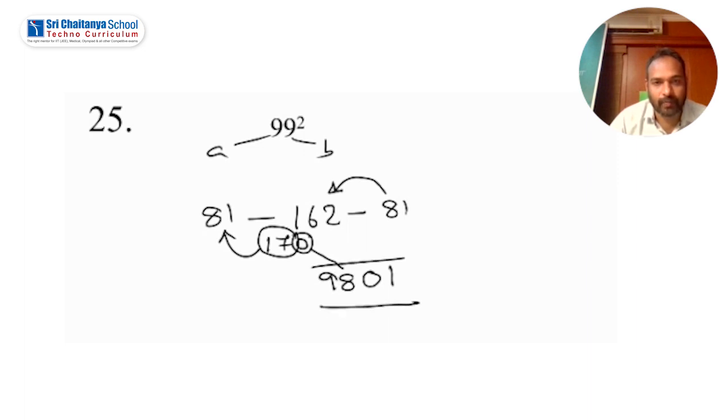Once again, I'm repeating here. A square is 81. 2ab, 2 into 9 into 9, which is 162. And 9 square is 81. A square, 2ab and b square. And dropping 1 here, carry forward 8. 162 plus 8, 170 is a 3-digit number. What is the number in the unit digits here? In 170, 0 is there. The 0 we're dropping here. Now carry forwarding this 17. 81 plus 17, which is 98. So the answer is 980.